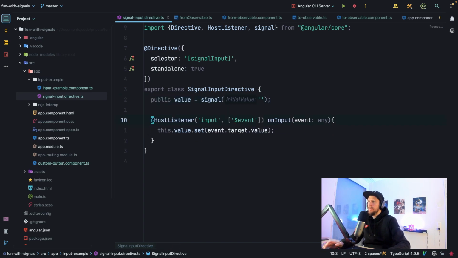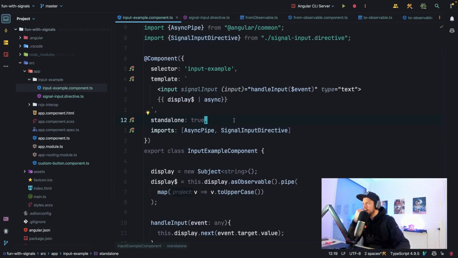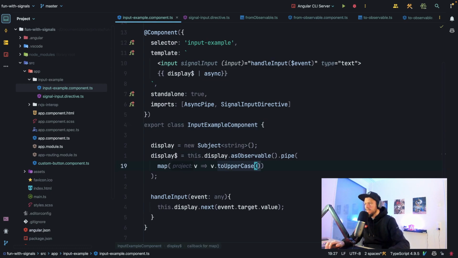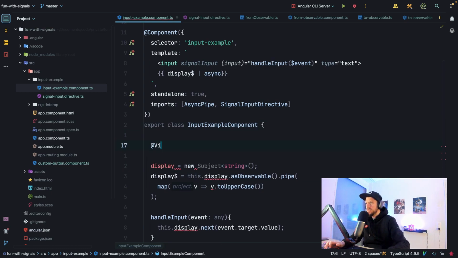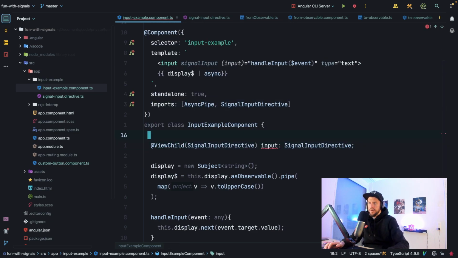So this will probably be built in then, but so far we can just do it like this, so that we access our, inside our input example, we just get the view child, and we get the signal input directive, which is guaranteed to be there, right? And then